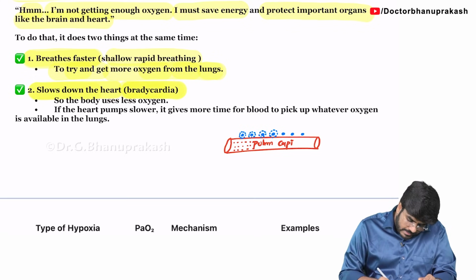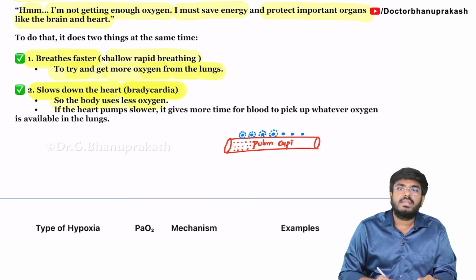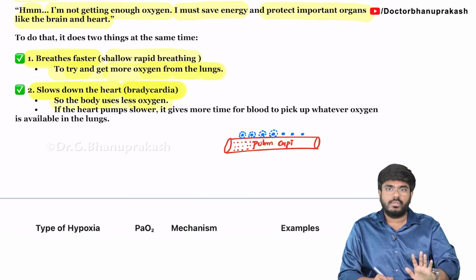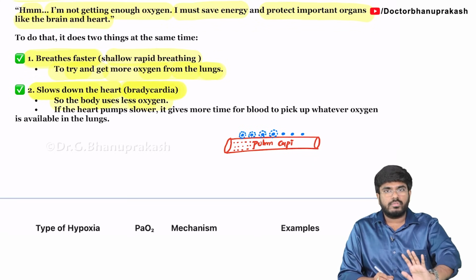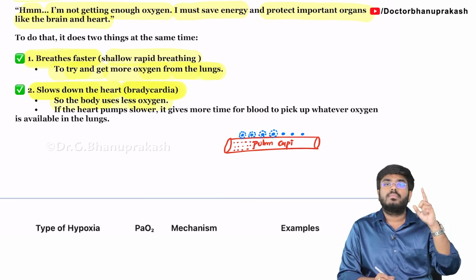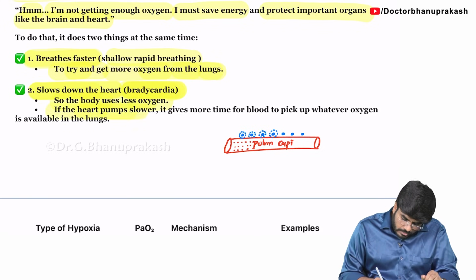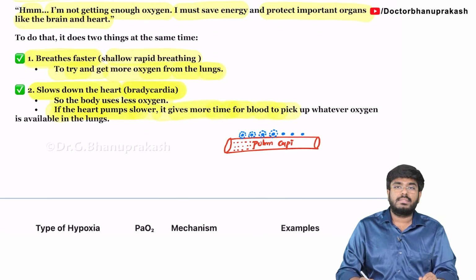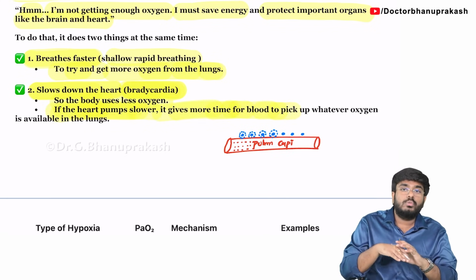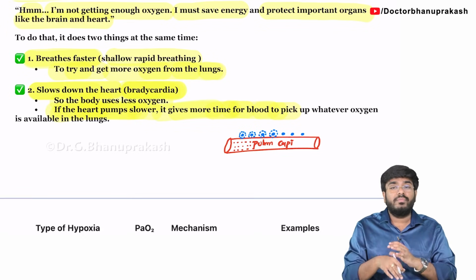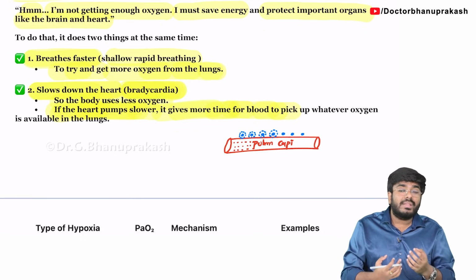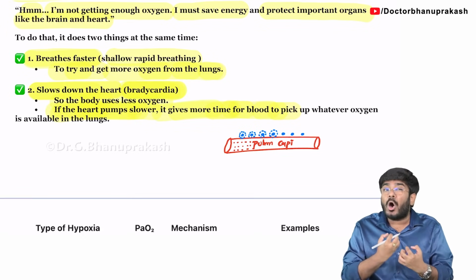Why is there bradycardia? So your body uses less oxygen. Bradycardia means you are sending less blood to the tissues, so your tissues will use less oxygen, so that the oxygen will be taken by the brain. If the heart pumps slower, it gives more time for the blood. Now the blood is going slowly through the lungs, so there is more time for the RBCs to